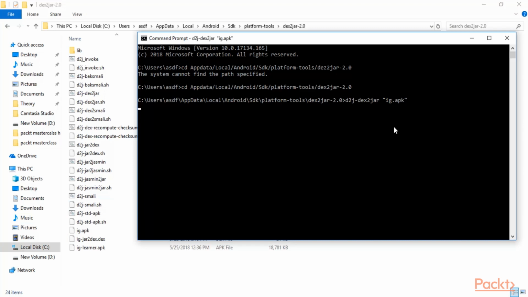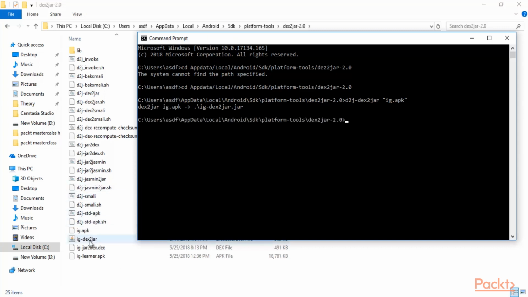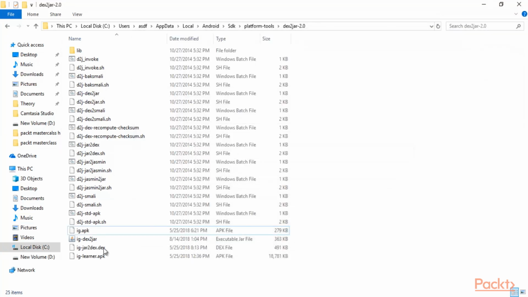Hit enter and wait. Check here, and you can see that a jar file has been created. So you can see here that ig.apk has been converted into ig-dex2jar.jar file that we need. Minimize this command prompt, and here you can see that a jar file has been created, and that was our need, and dex2jar tool has completed it.